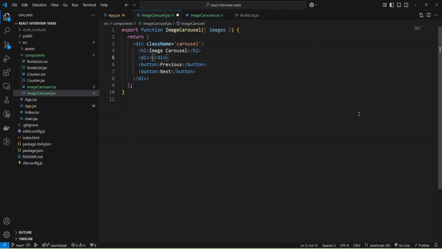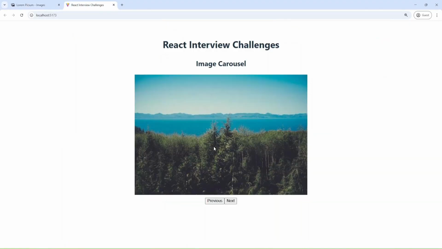And let me create an image. And for src, I'll provide images, and let's place the first item, and I'll add alt and change it to carousel image. And let's check what I have so far. I'm going to refresh, and as you can see, we have the first item.